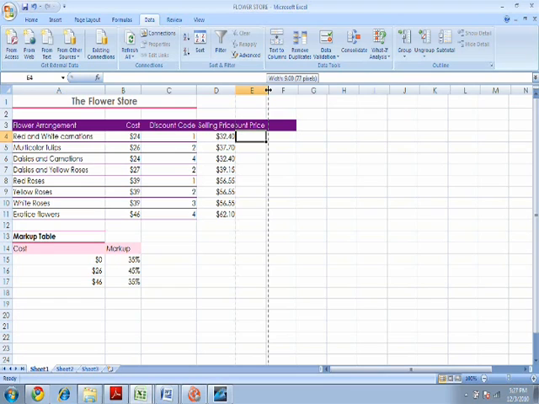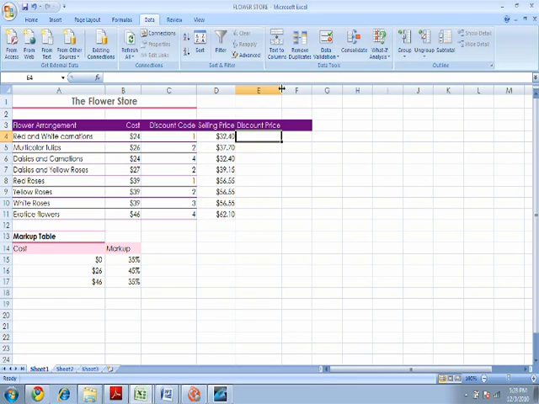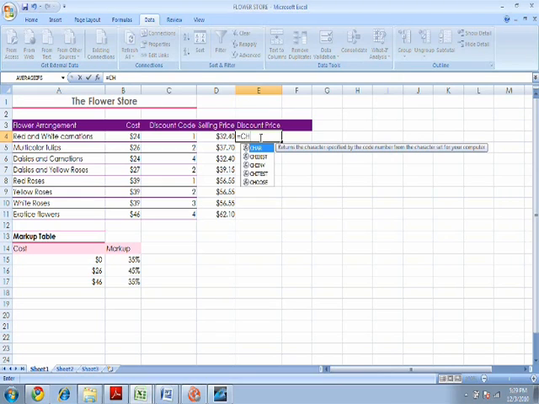And I'm going to just pull this over so you could see the whole word. There. The discount price is found by multiplying the selling price by the appropriate percentage, which will be found by the CHOOSE function, and then subtracting all of that from the selling price. So we're going to use the CHOOSE function, which I just said. So we add an equal sign, as you know the importance of it. You type in CHOOSE in all caps